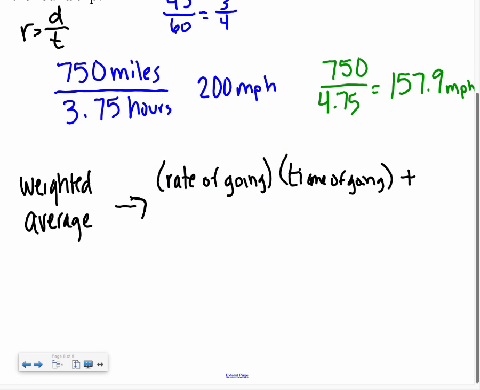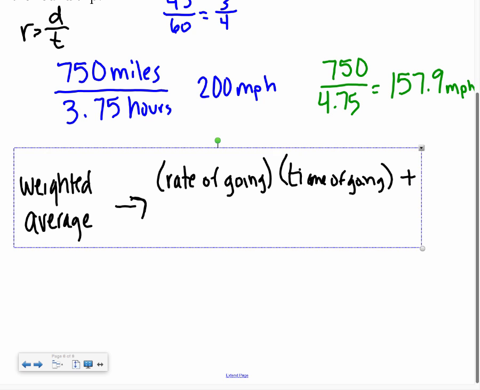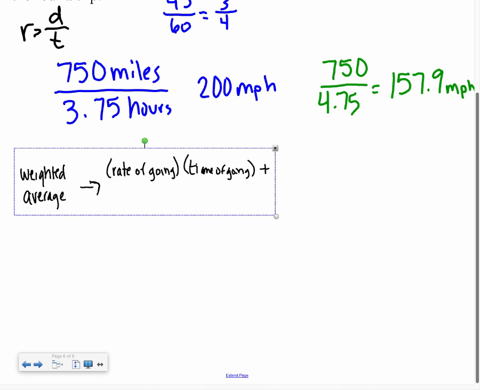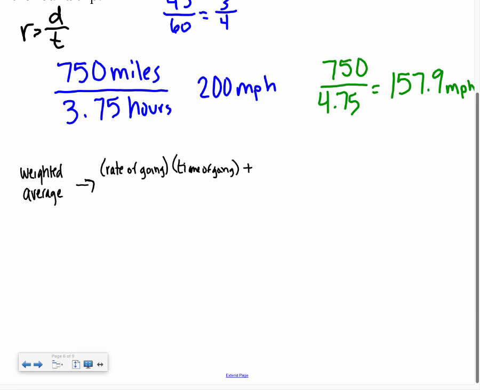Let's shrink this down a little bit. Oh, everything is too big, so we will go like this. Okay. The rate of going times the time of going, and then you have